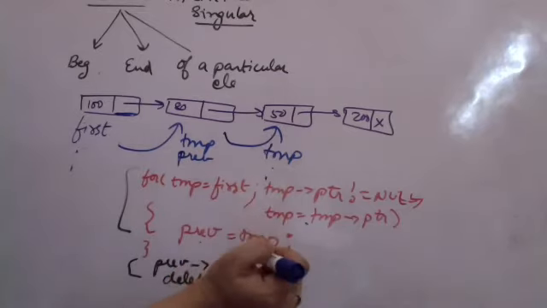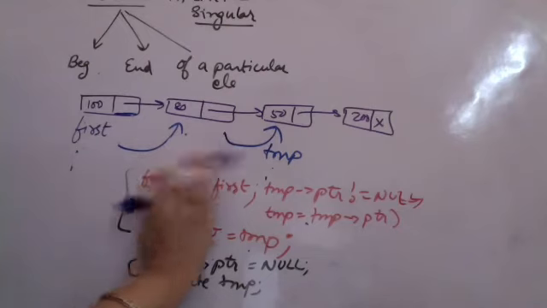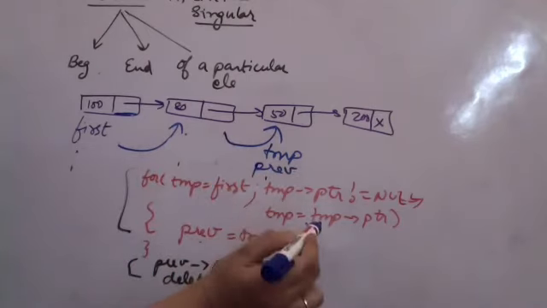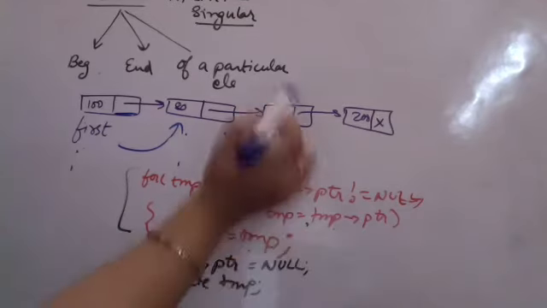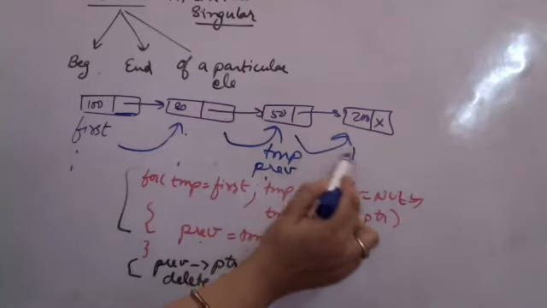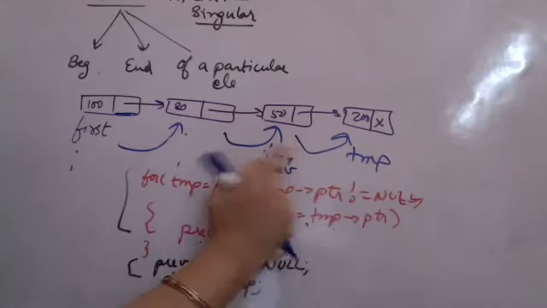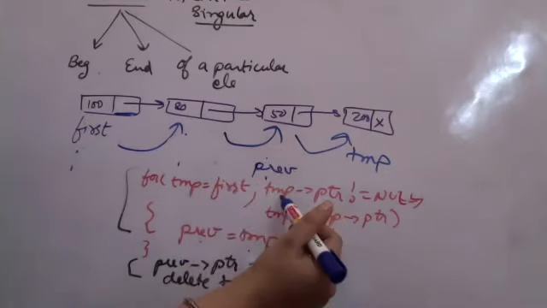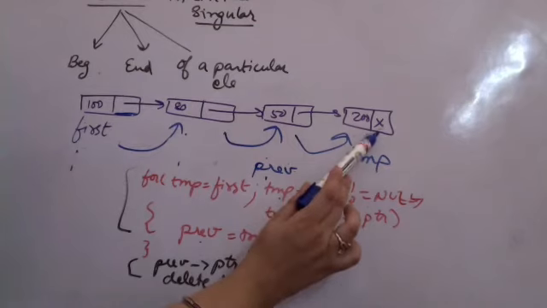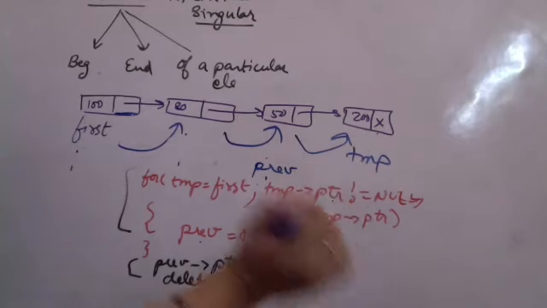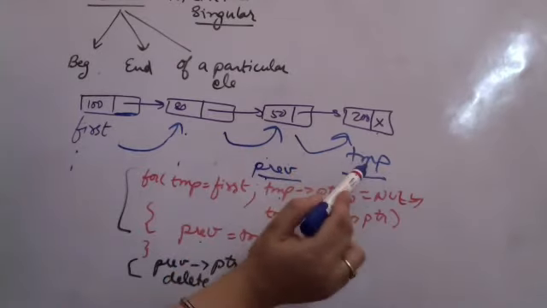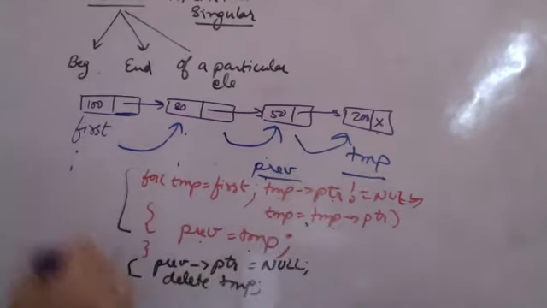Go inside the loop. Previous is equal to temp. Previous is again equal to temp, right? Go once again to the loop. Temp is equal to temp pointer. So now temp moves here. After temp moves here, I will recheck the condition: temp pointer is equal to null? Yes. That means don't enter the loop. Now previous is still pointing to the previous element and temp is pointing to the last element. Right? So I come out of the loop.